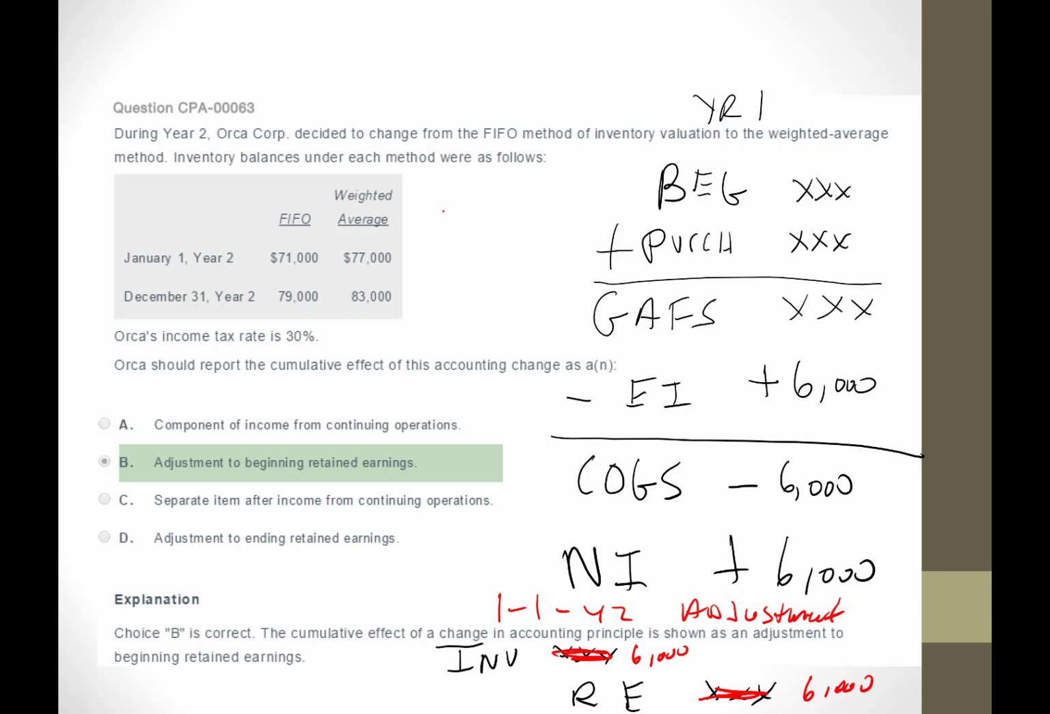So we would show on our statement of retained earnings, we would show the beginning balance, whatever that was,